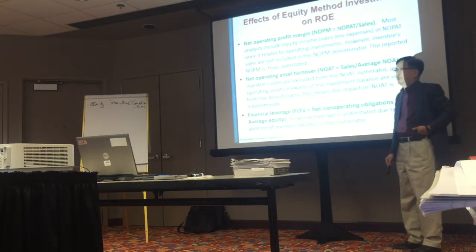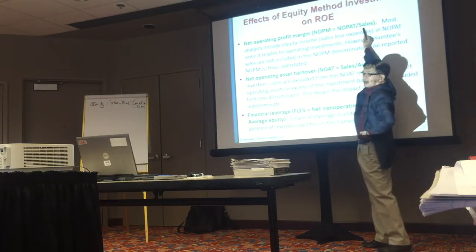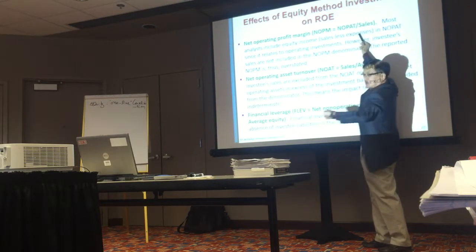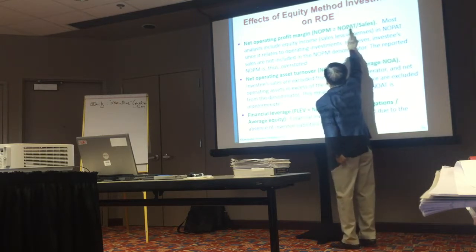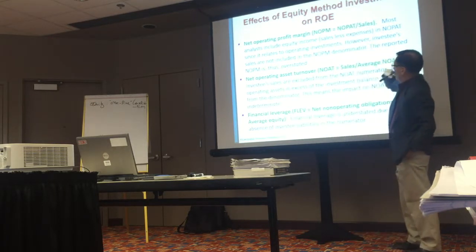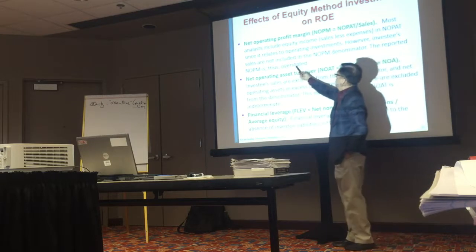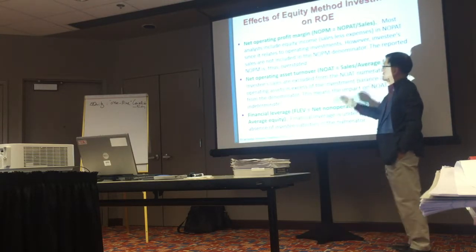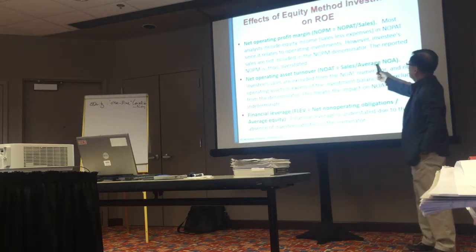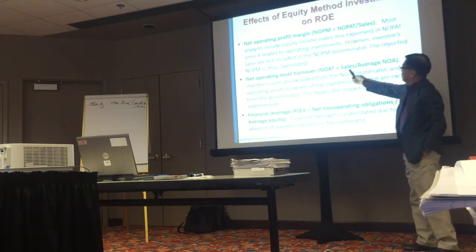Because your denominator doesn't go up. You don't take the sales because you only take 30% of the income. So this will go up, this does not. So you are overstating net operating profit margin if you use the equity method. It affects both of them. Yeah, both of them. Average NOA